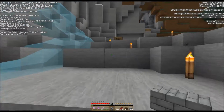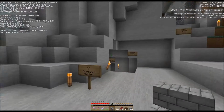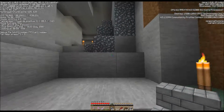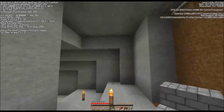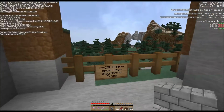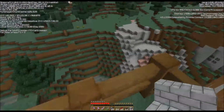Alright, so then we're going to get over here, and when you get over here, you get 2 choices. First of all, this goes to the abandoned mine shaft, and then here's the scenic viewpoint. Scenic viewpoint, obey signs. So once you get up in here, there's a reason for that. Because over here, it just goes through this nice little natural tunnel, and it says, caution, sheer drop, stay behind fence. And that's there for a reason, because